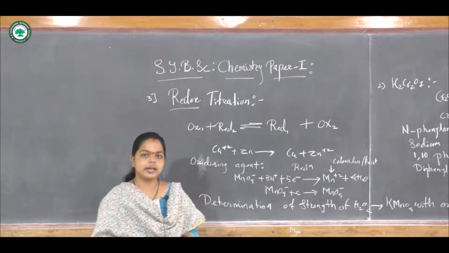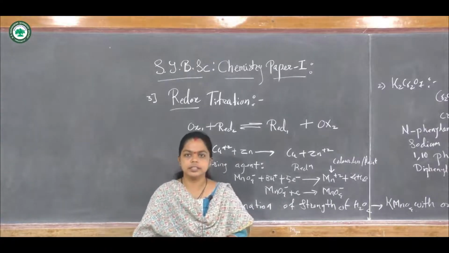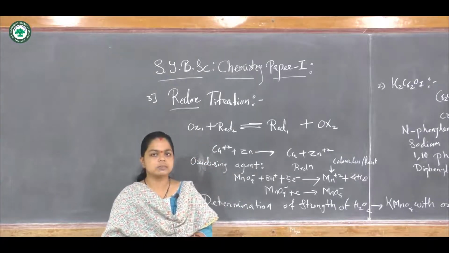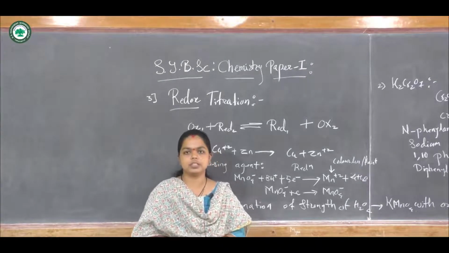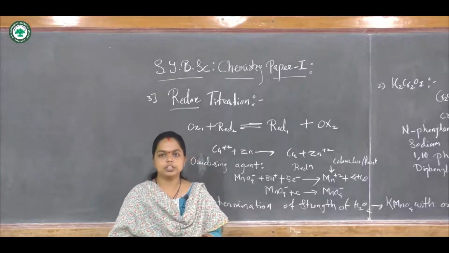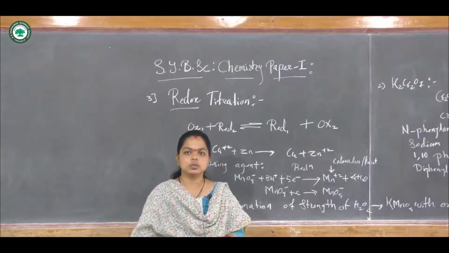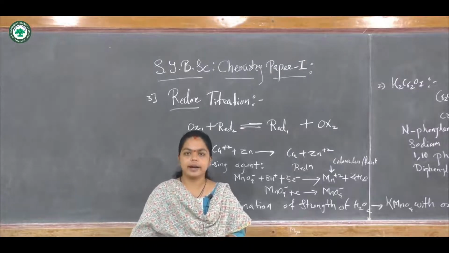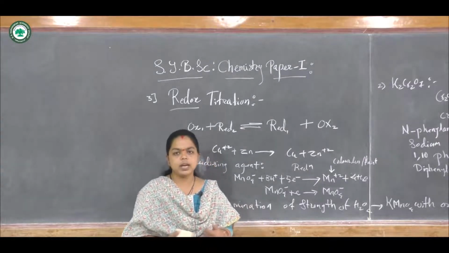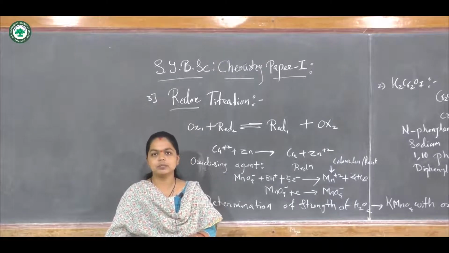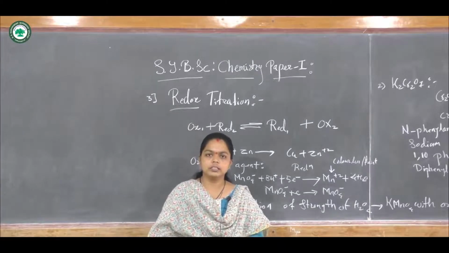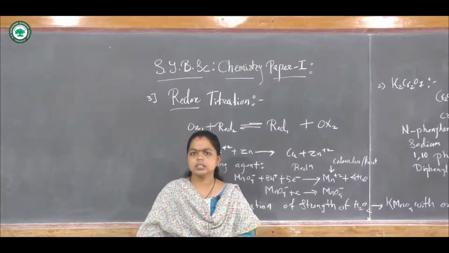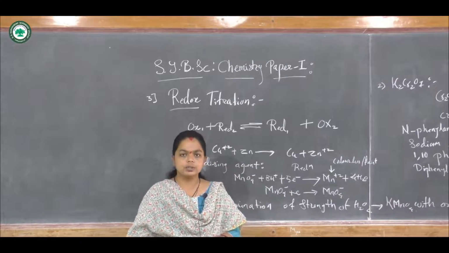Now, a number of oxidizing and reducing agents we have already studied in the introductory part. Electron-rich species or compounds containing withdrawing groups, generally KMnO4, potassium dichromate, ozone, potassium bromate, potassium iodide, these types of compounds act as oxidizing agents. And lithium aluminum hydride, sodium borohydride and hydride donating agents act as reducing agents.